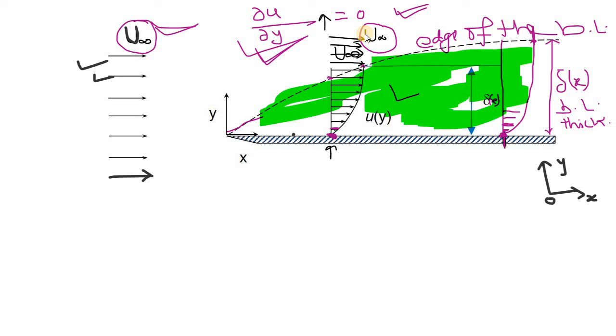Keeping in mind that the Navier-Stokes equations are very complex in nature, Ludwig Prandtl tried to derive an equation which is valid just for the region within the boundary layer region.